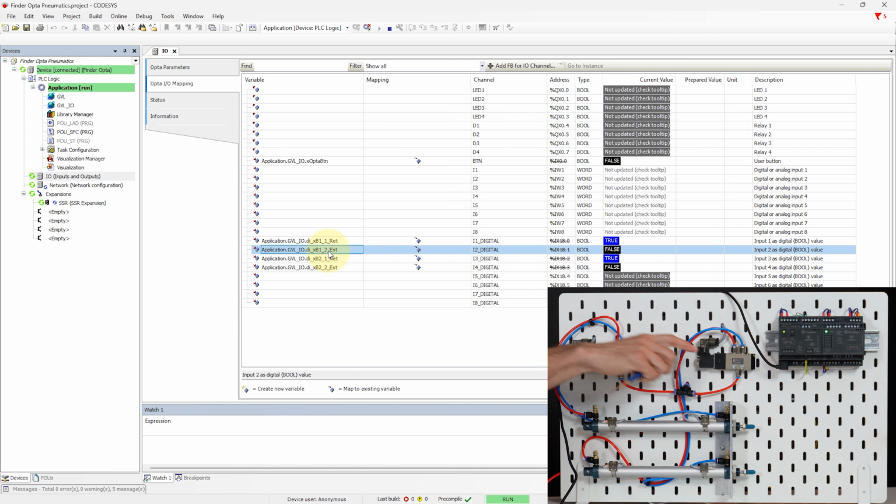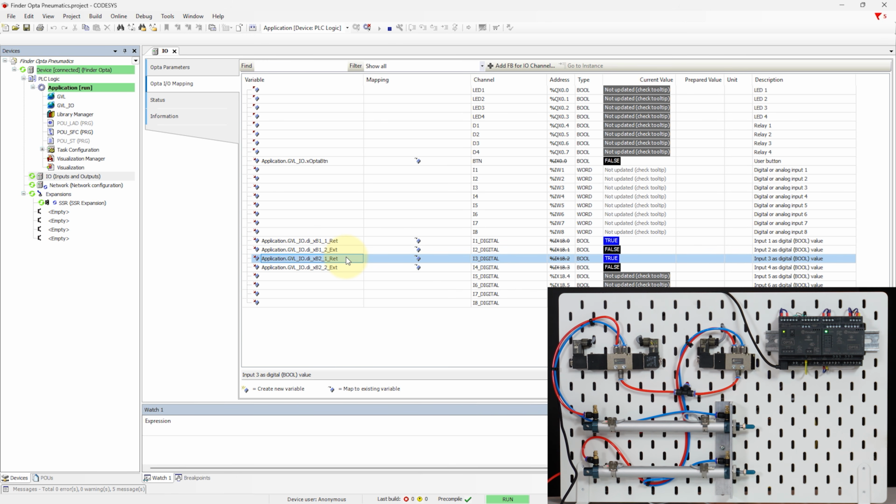Look, if I now extend this actuator, the sensor for extension B1.2 has taken the value true, while sensor B1.1 has the value false. If I release this solenoid valve, the state changes to true for the base position sensor and false for the extended position sensor. Similarly, for actuator number 2,